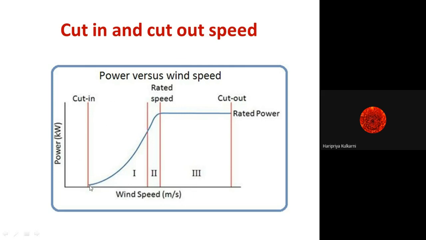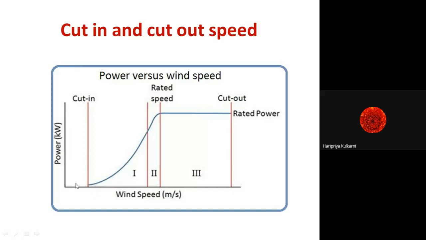So if you see cut-in speed, the blue line does not start exactly at zero, because your turbine starts generating at a particular wind speed, not at zero wind speed. Power generation starts at some wind speed, for example, say 4 meter per second or say 5 meter per second. Below that, the generator is not able to get sufficient wind speed at which it can generate the power. This is the minimum wind speed required at which your turbine can run the generator to generate electricity. That speed is called the cut-in speed.